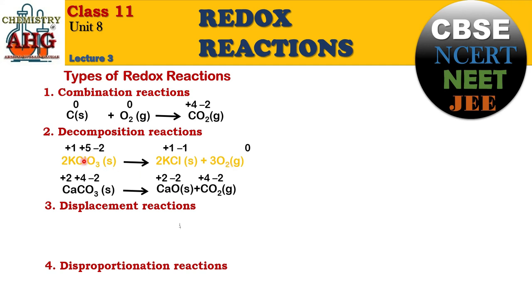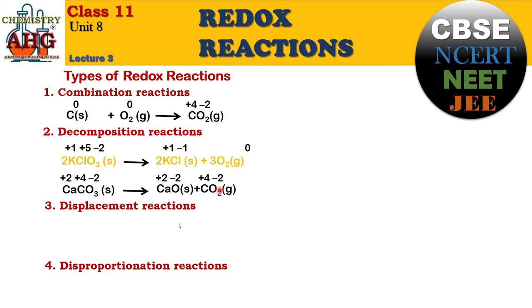Look at the product, what I mean. Potassium chlorate, it has 3 elements. It changes into potassium chloride. It has 2 elements, but it is a compound. Oxygen gas, it has one element only. You get one element, so this is redox. But look at this. In this case, you are getting two products. Both the products are compounds. Whenever both the products are compounds, that would not be a redox reaction. So for a decomposition reaction to be a redox reaction, one of the products must be an element. This is a trick that you can remember for deciding whether a decomposition reaction is a redox reaction.